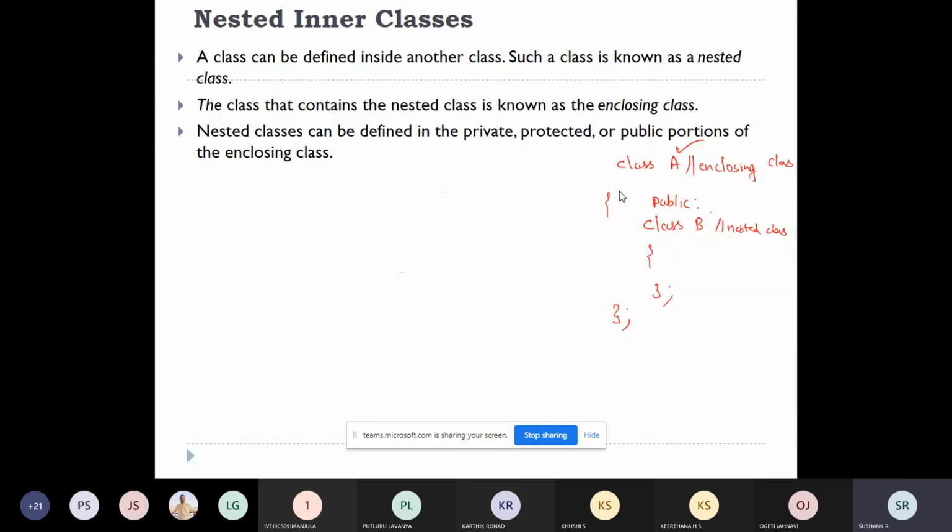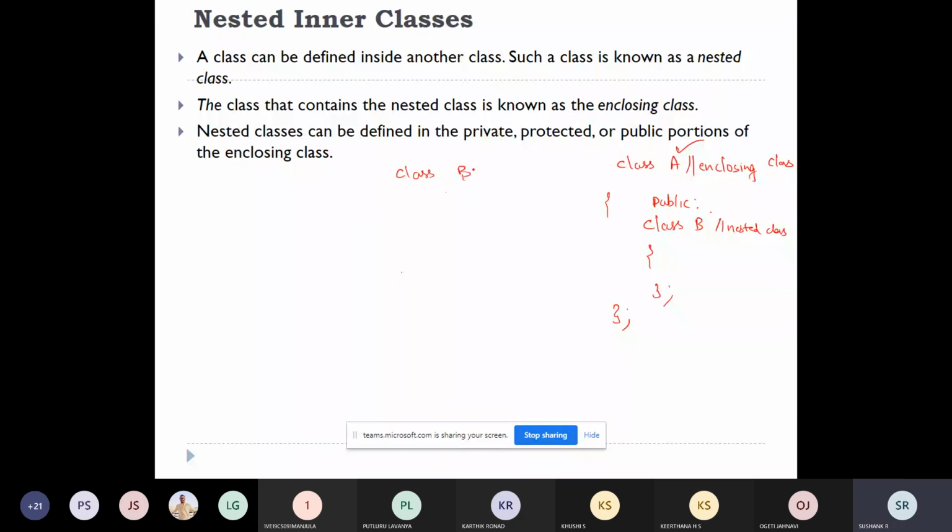So what is the purpose? A nested class is created so that we can avoid a name collision. Even if there is one more class in the global space, its name will not clash with class B. Even outside this source code, even if there is another class called B, the name collision will be avoided.